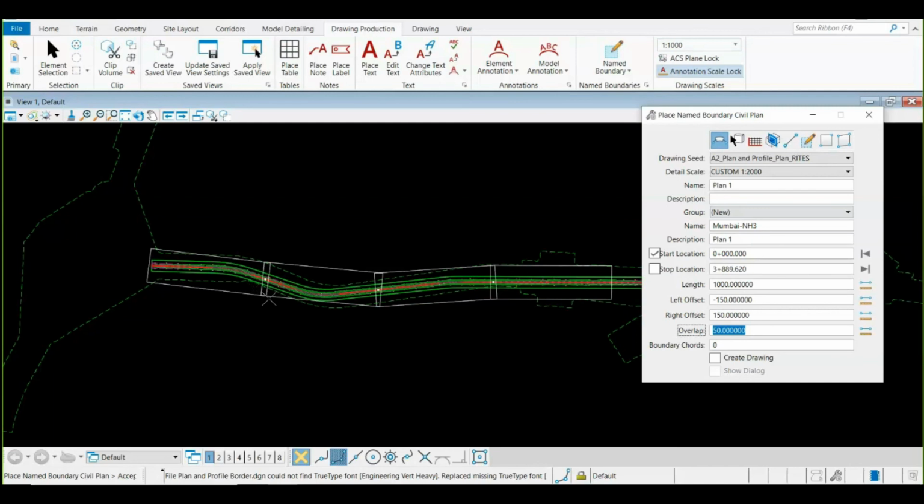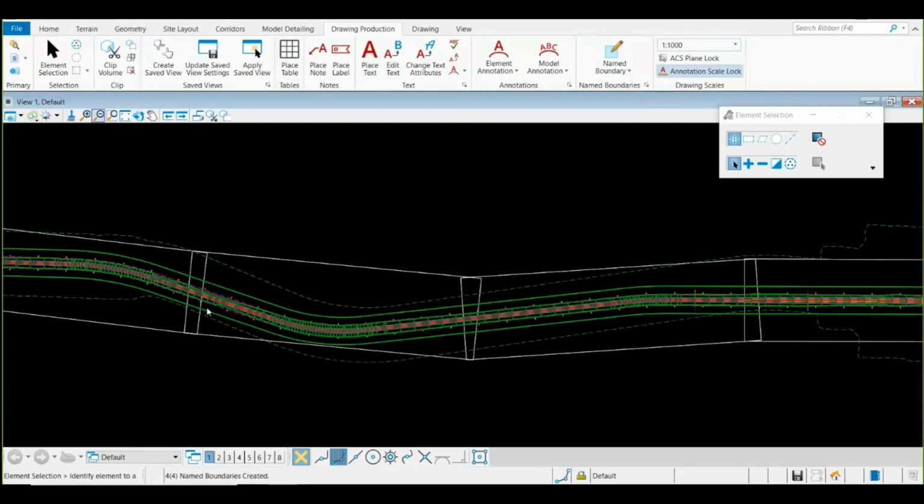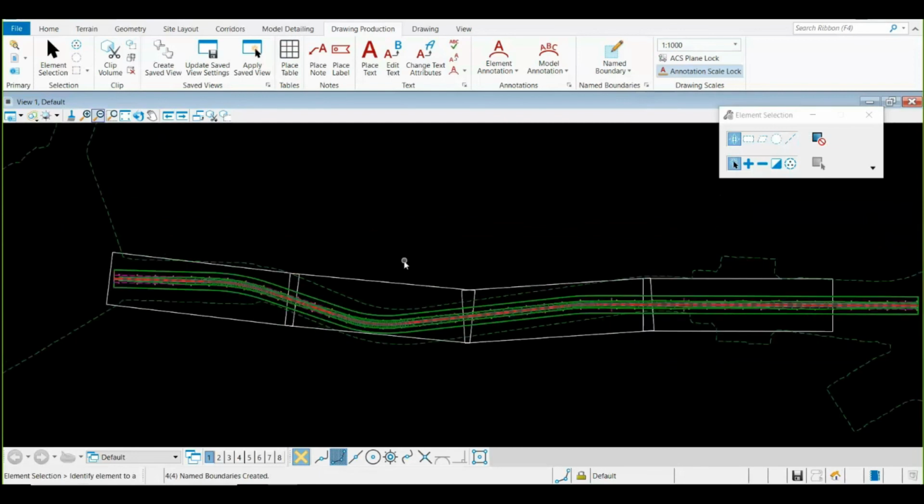Okay, so now I will give a single left click, and if you notice, that window has disappeared, which confirms I have successfully created my plan group as well. Now if you take element selection, and you want to adjust this rectangle a little bit, if you feel like it is off tracking, or you want to cover this curve section as well, simply click over this rectangle. You are going to get these 4 points.